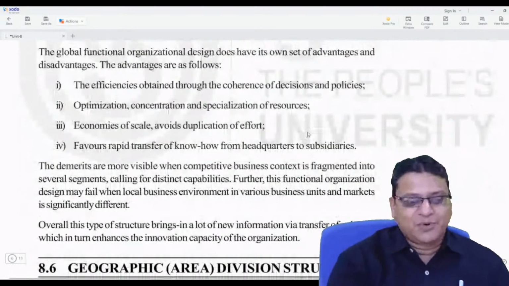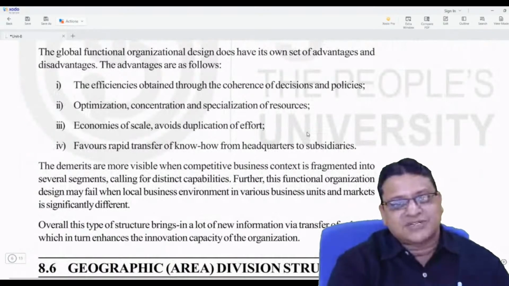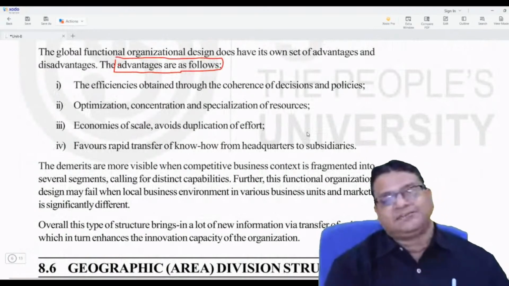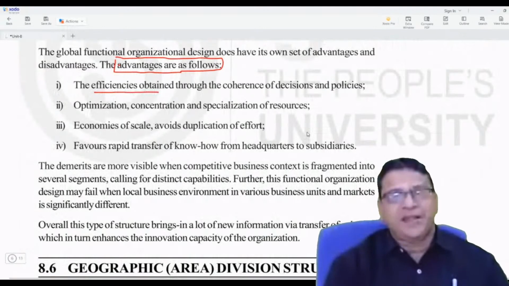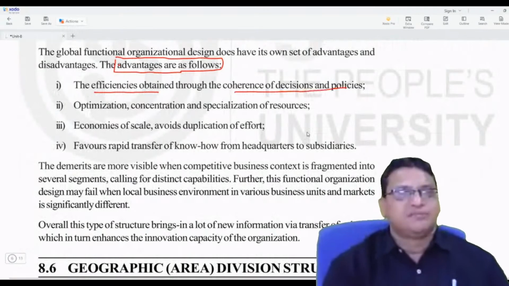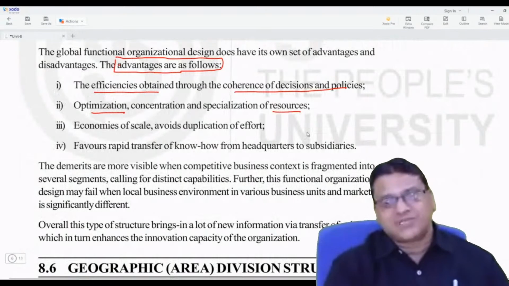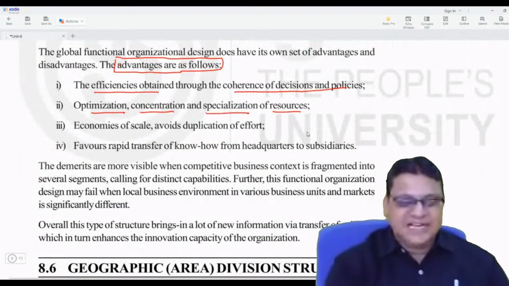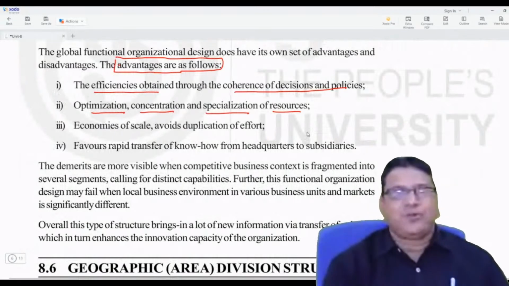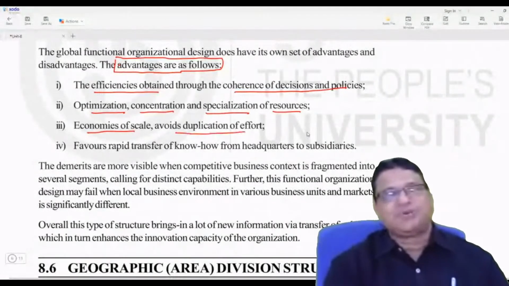What are the merits of global functional structure? We will discuss. What are the advantages of global functional structure? The first important advantage is efficiency is obtained. Why is efficiency obtained? Because there is coherence of decisions and policies, and there will be optimum utilization of resources. There will be concentration and specialization of resources. And if everything is done at one place, the volume will be more. You will get the benefit of economies of scale, and it avoids duplication,